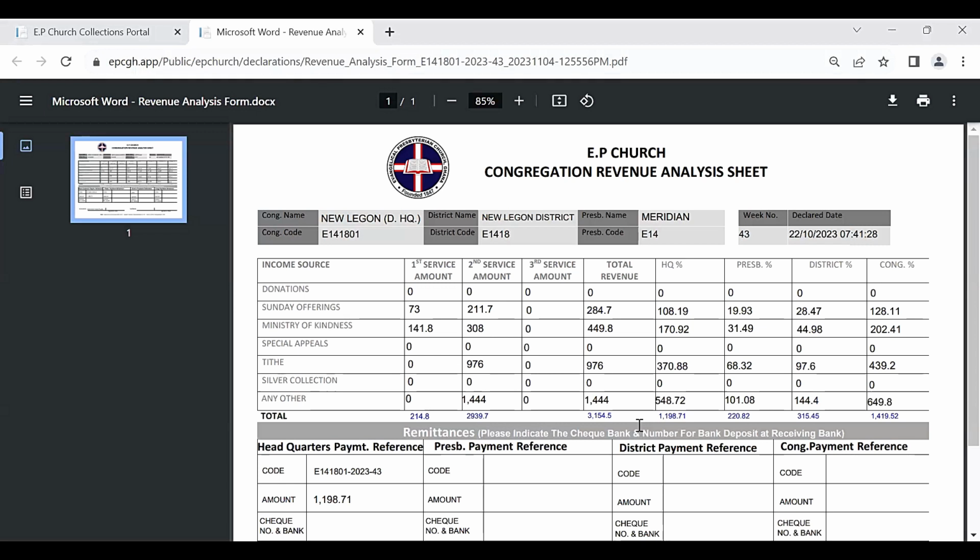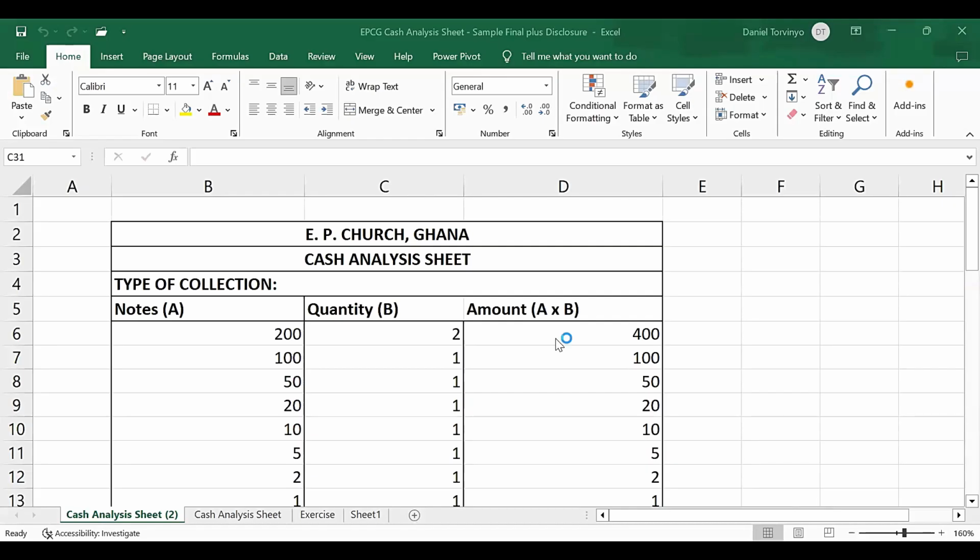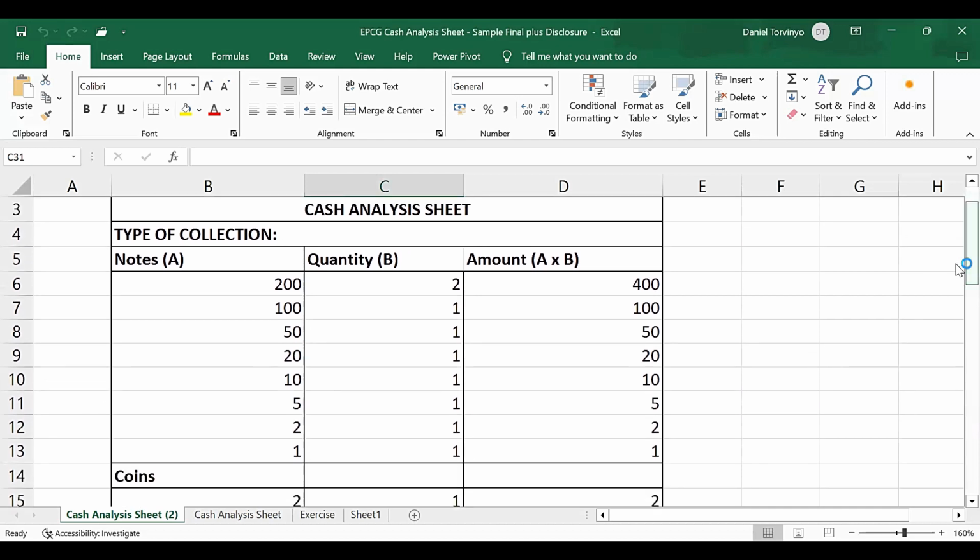So that's my presentation for the evening. If there is nothing else, then maybe I just have to show you briefly the cash analysis form, and then we bring this to an end. So this you can design yourself in Excel, you can print it out, or you can just use an A4 sheet. All we need to do is to say cash analysis, EPCG cash analysis sheet, type of collection, so Ministry of Kindness. So you can take one page,